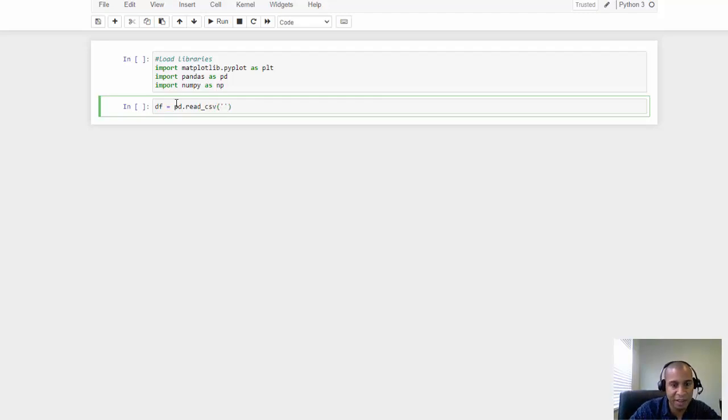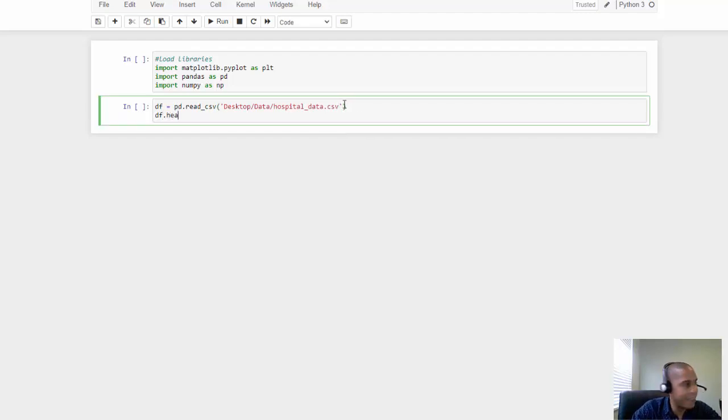Now, let me see where that is. So that's on the desktop, and it's in the data folder. And then that is called hospital data.csv. And let's take a look at the head, which is the top of that